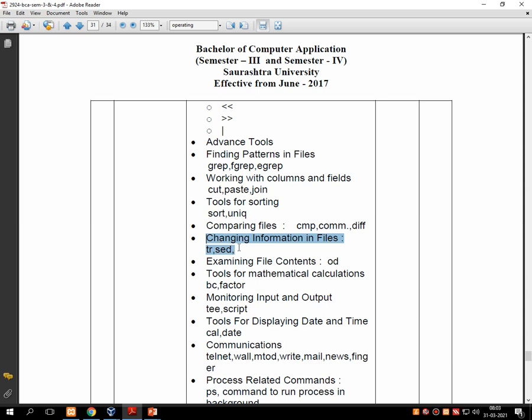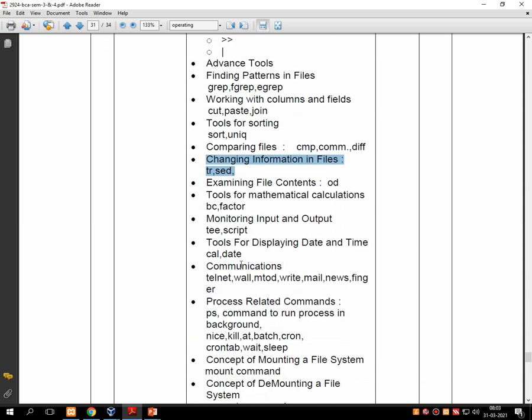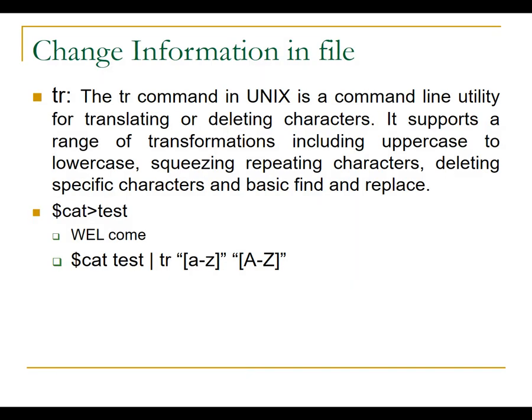Now we are going to start with changing file information commands, which contain two subcommands, that is tr and sed. First we will discuss the tr command. The tr command in Unix is a command line utility for translating or deleting characters.